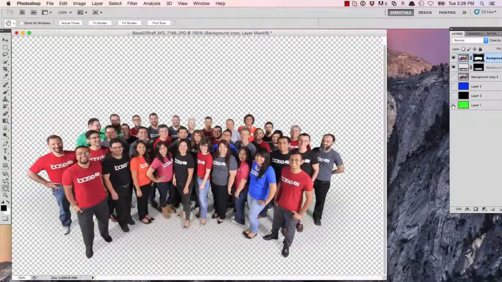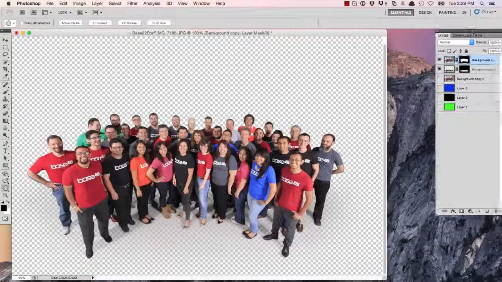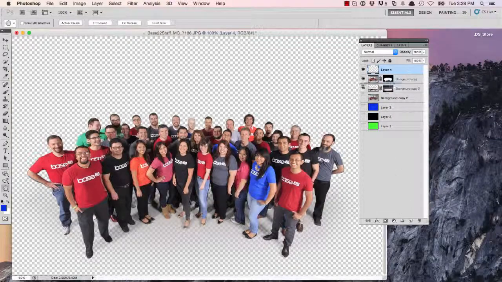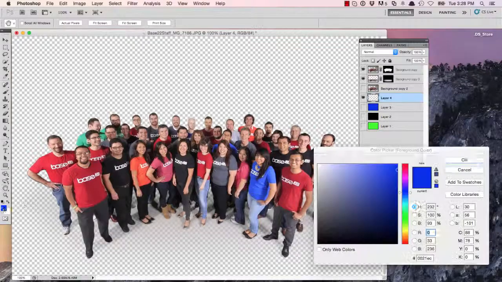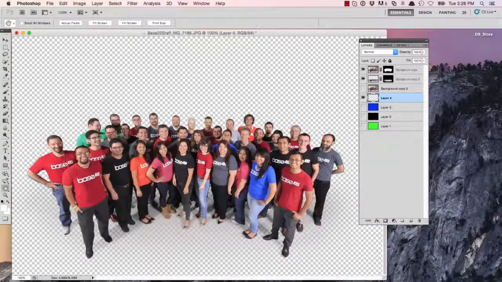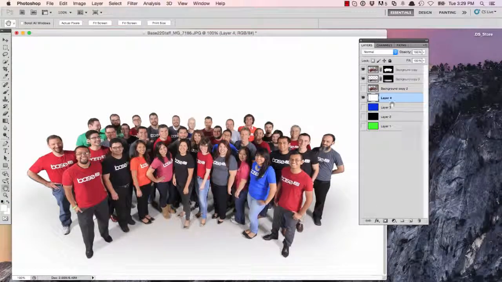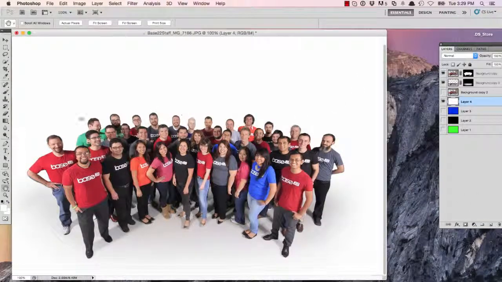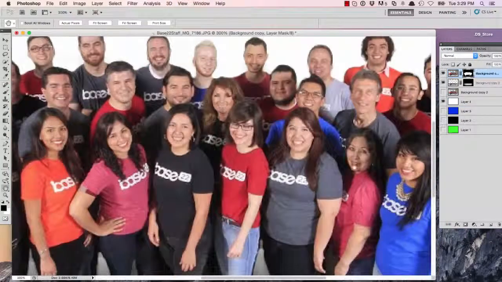Okay, so now the image is isolated. This one is probably going to end up going on a white background. So if I've done it well against the darks, chances are it's going to look even better against the whites because the original had a white background. But now if you'll notice right here, not exactly. There's a little bit of weirdness going on in this arm, a little bit going on in this arm. So I'm going to click back on this layer, make sure I'm painting on this layer,